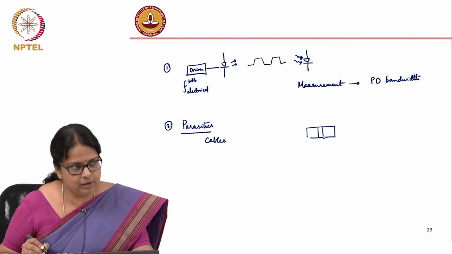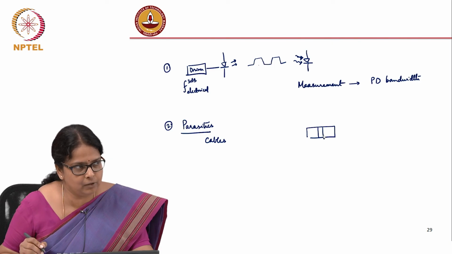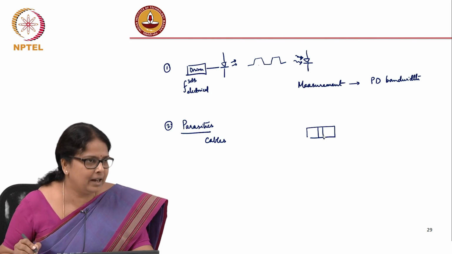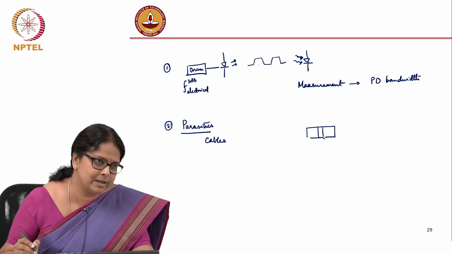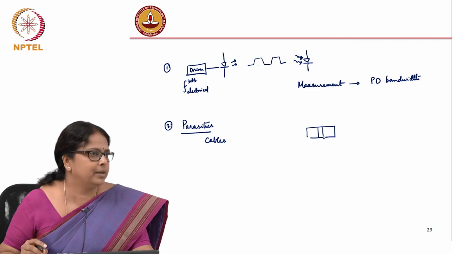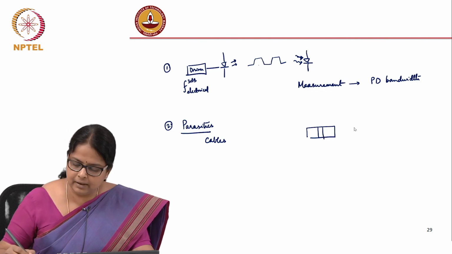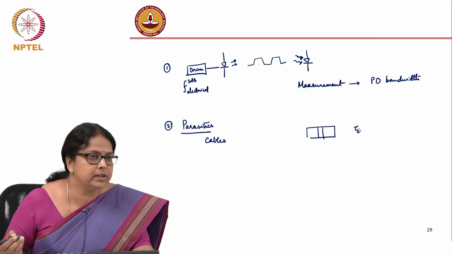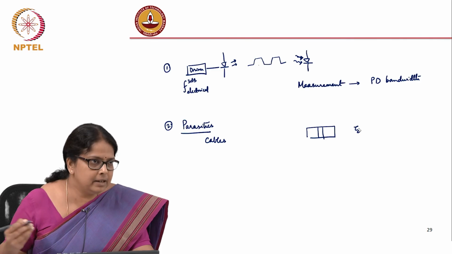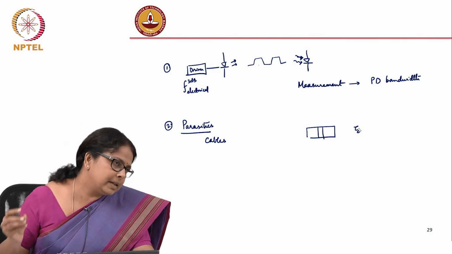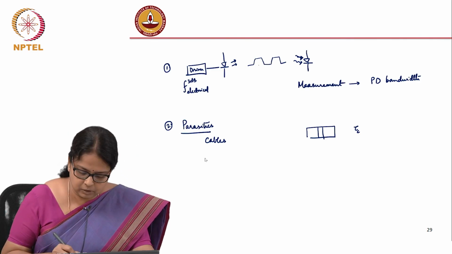You are not worried about the junction capacitance here, because when the LED is heavily forward biased, the junction capacitance actually comes down. So, when you are trying to make an LED by improving its tau C, the fundamental limit may come from the parasitic capacitance from the junction. So, cables, junction capacitance,